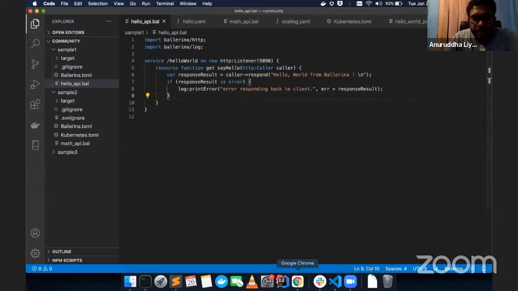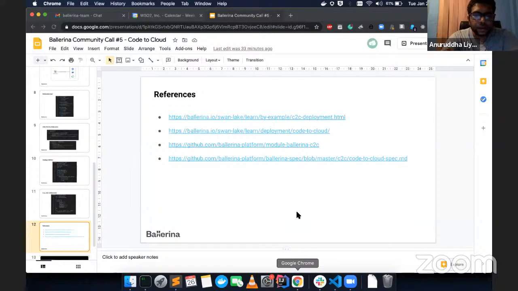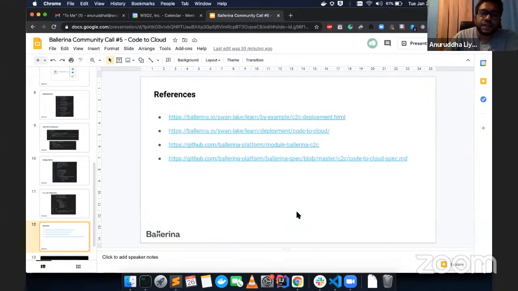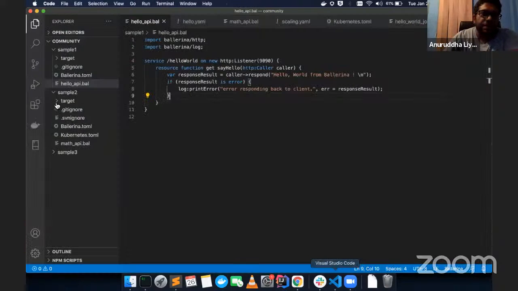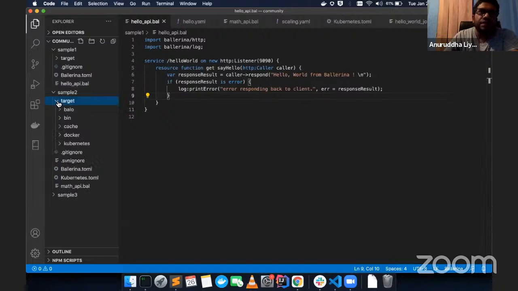Are there any more questions? If you are planning to go into production with this, what we recommend is using a technology like Kustomize along with the Ballerina generated artifacts. What you can do is use the generated artifacts and add modifications to them using the Kustomize technology, where you can inject access tokens and other company specific things into the application.